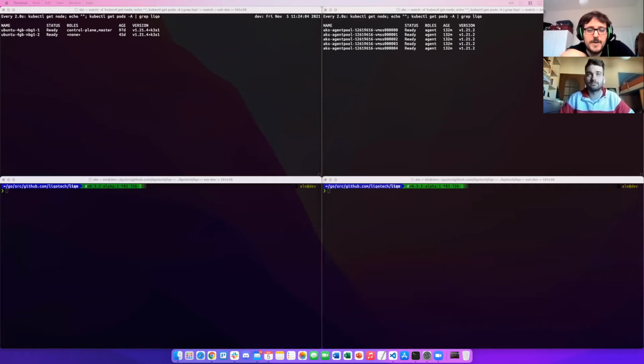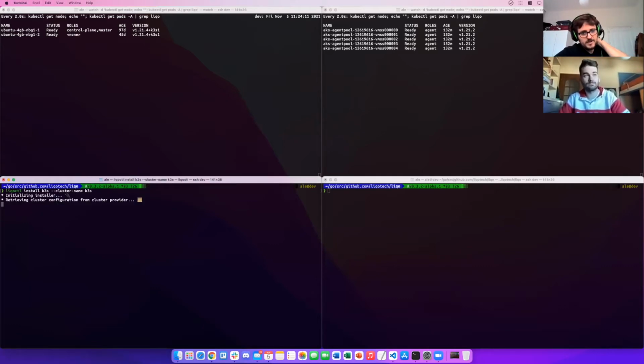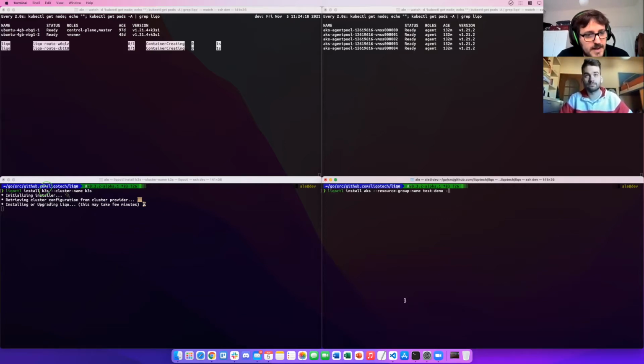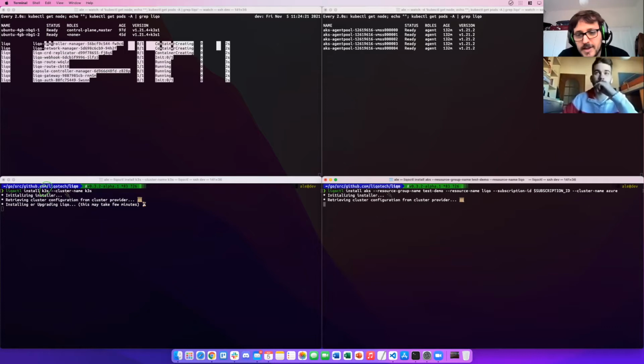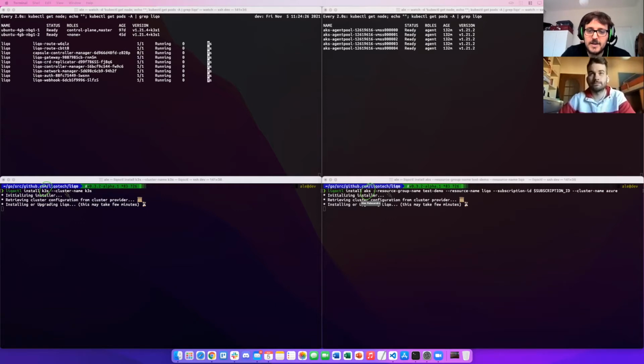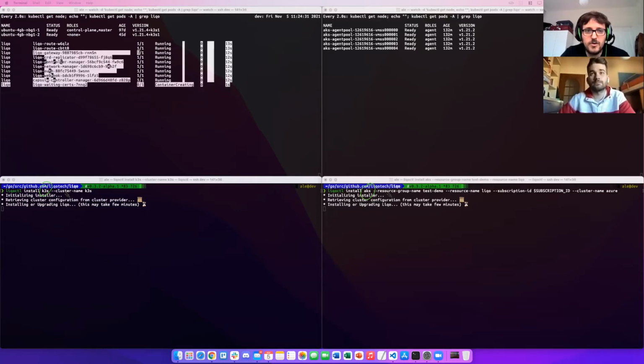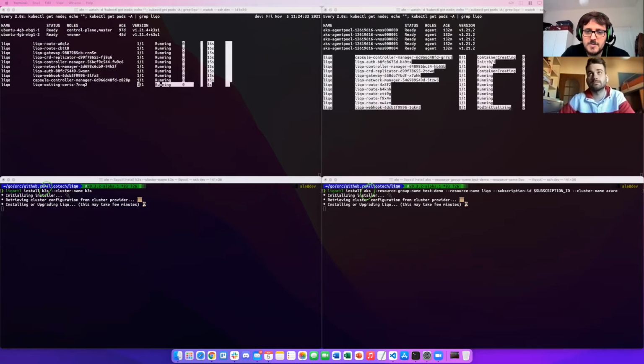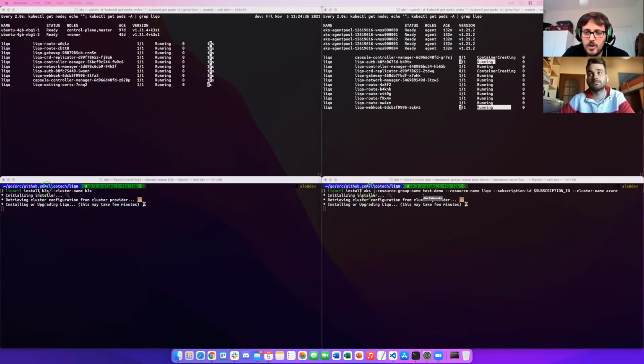So really quickly, we can install Lico on those clusters. So let's do this, Alessandro. Thank you very much. So we have selected the K3S driver for the K3S cluster and the AKS driver for the AKS cluster. licoctl is able to install Lico on both of them. It may require some extra parameters in order to grab all the information required by Lico to run on a certain provider.